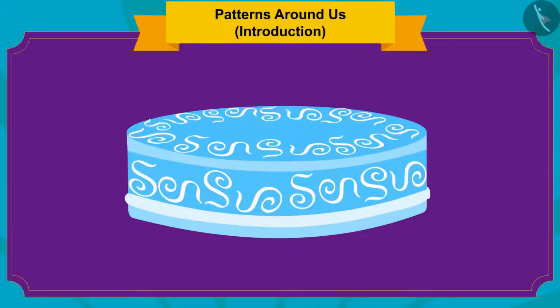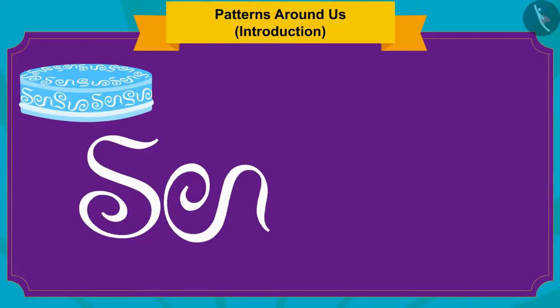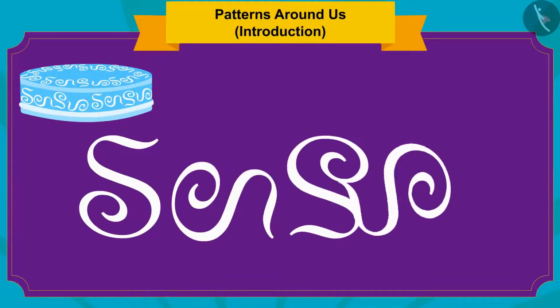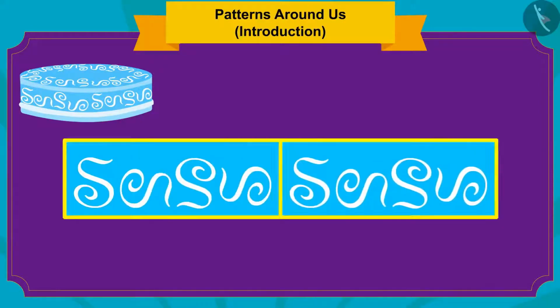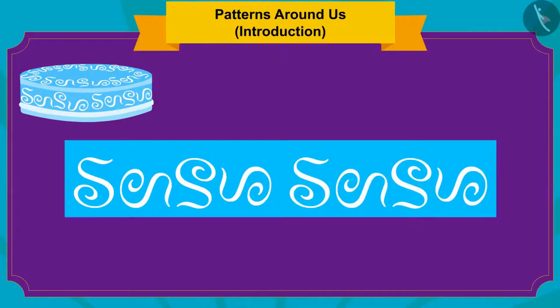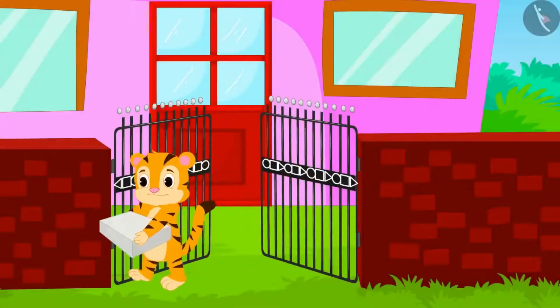Here, this pattern is made by rotating the same shape in 4 different ways and then repeating the group of those 4 shapes again and again. Sher Khan bought the cake